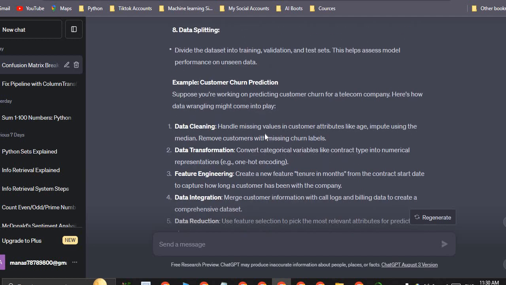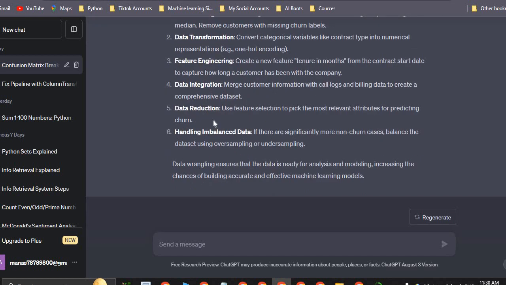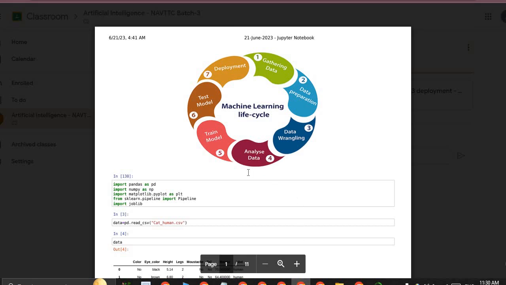So here are the following steps: data cleaning, data transformation, feature engineering, data integration, data reduction, handling imbalanced data. These are all the types of data handling.